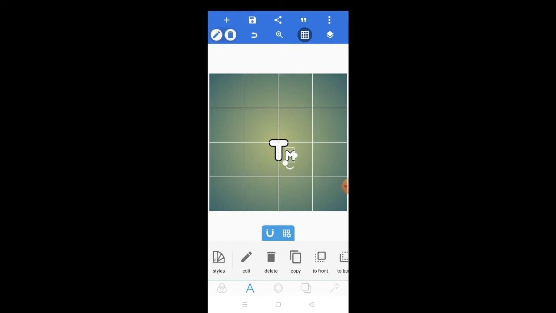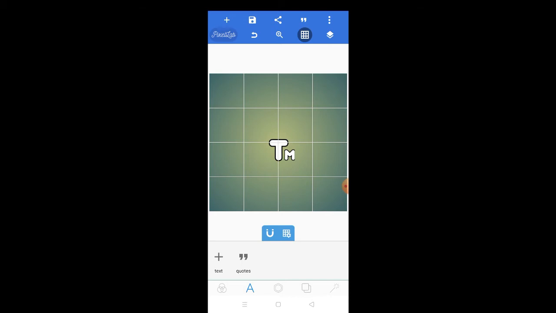Let me see. Okay, now I will just increase a bit more size. We'll adjust the position. Okay, this is fine. A bit more small. That's it. Adjust the position. Okay, now what next? The next part is to